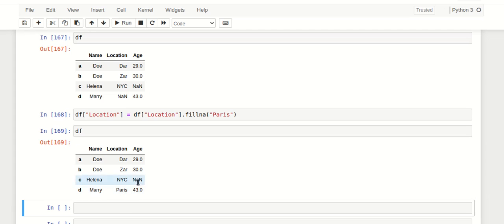Okay, so now let's do the same for the age column. So let's go df age, right? We need to say age equals df, and then we need to specify this as age. Then we want to do a replace. We want to fill na. So fill na. We want to fill the missing values with maybe the average